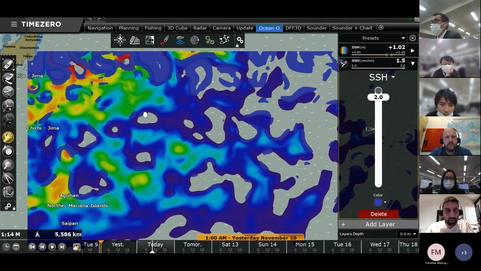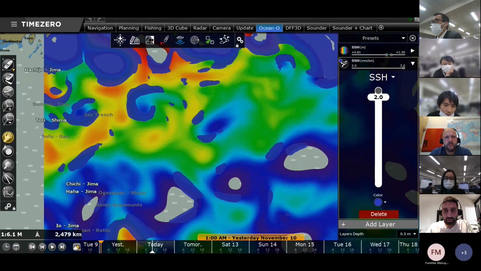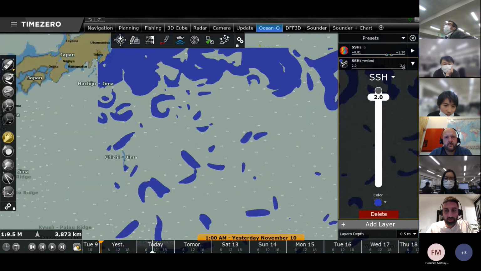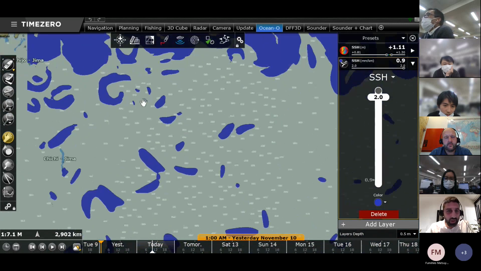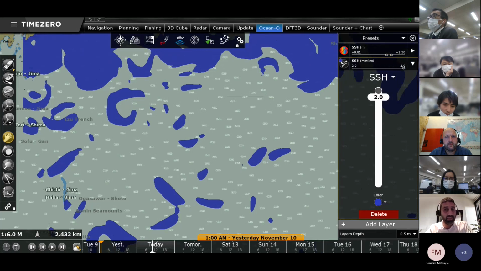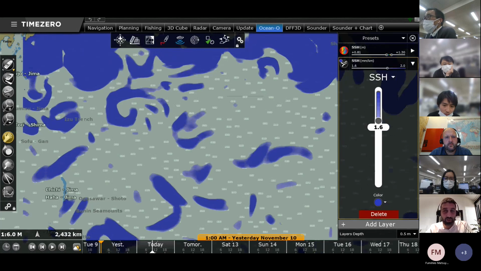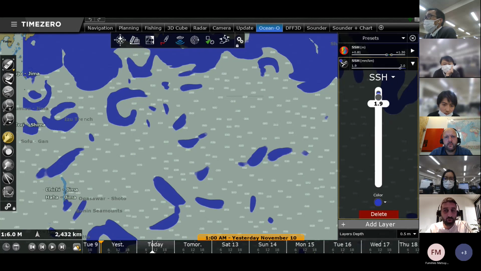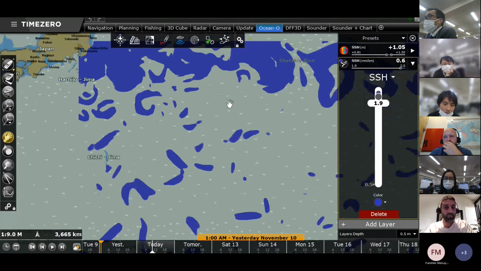When I click on OK, you see that, let me take off the color. You see that this front area gives you information about where are the frontal zone between hot and cold water. Okay, by just selecting one data, and you can adjust this slider as well to make it smaller or bigger. I made it very, very small to try to be as precise as possible.